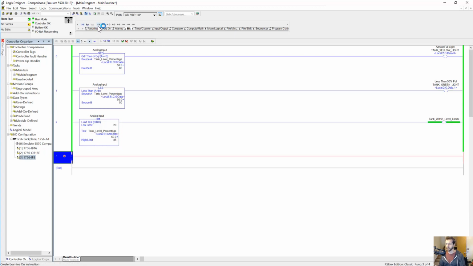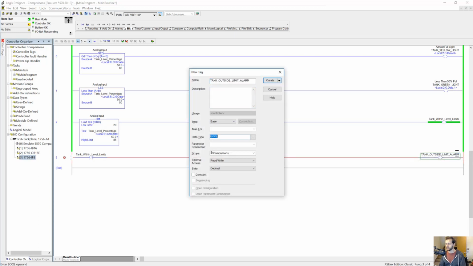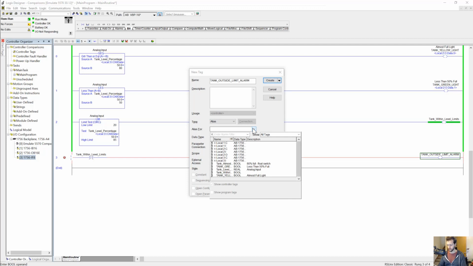So let's add another rung, and we'll get an XIO, and tank within level limits. We'll say that when that bit is off, we're going to sound the alarm. So I'm going to create this new tag, tank outside limit alarm. And we're going to make this an alias to one of our discrete outputs. So Local:2: